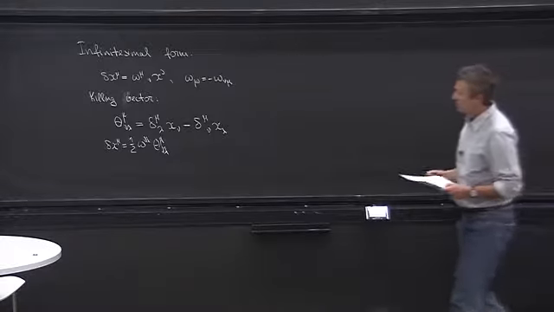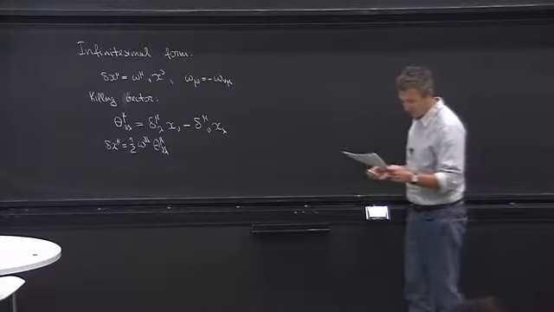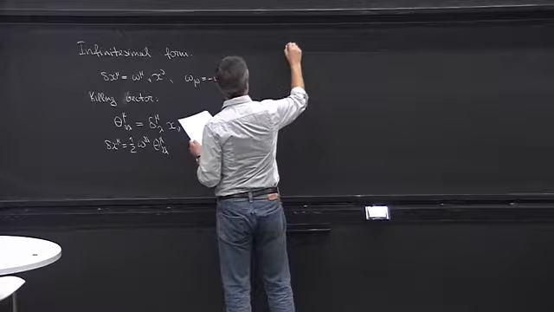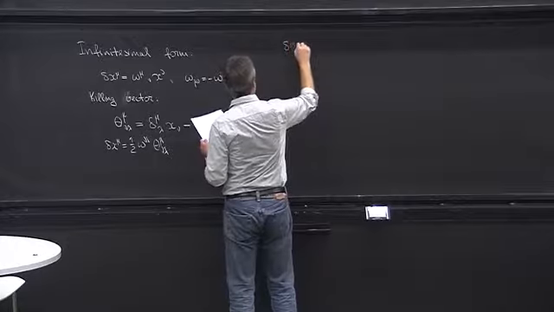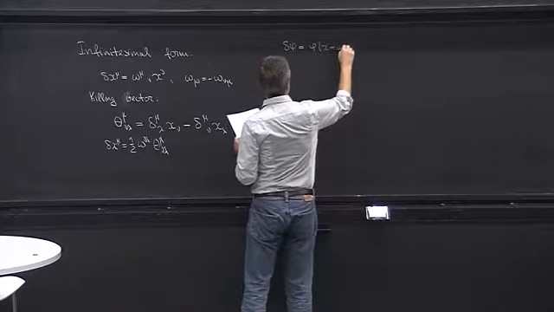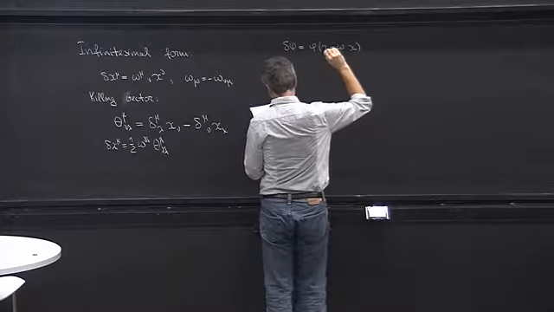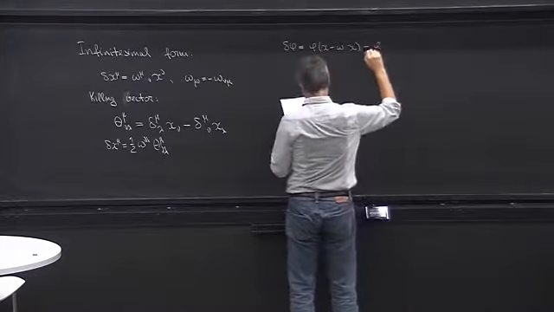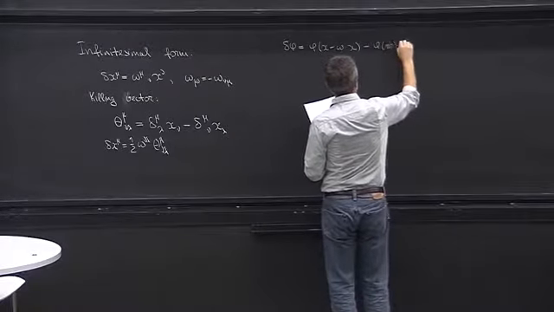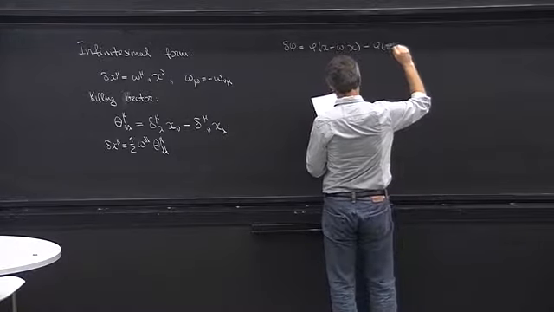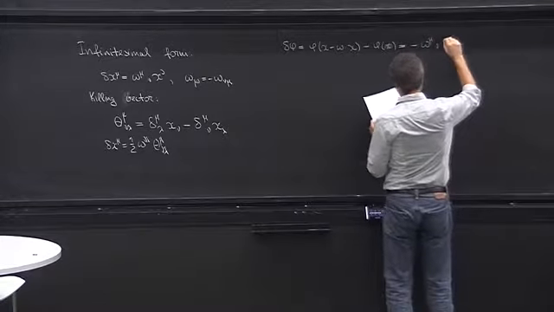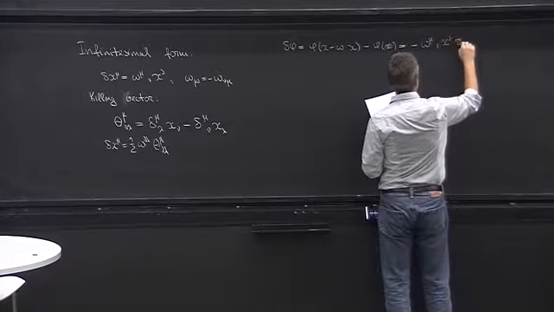So next we need to figure out what is the generator of this transformation. For that we need to transform phi. So delta phi will be equal to phi of x minus omega acting on x, minus phi of x. So this is minus omega mu nu by Taylor expanding, x nu d mu phi,